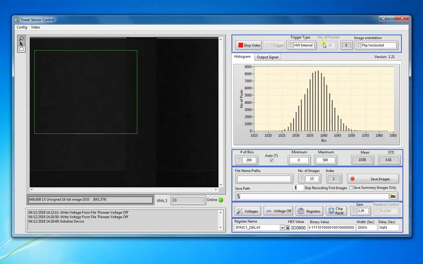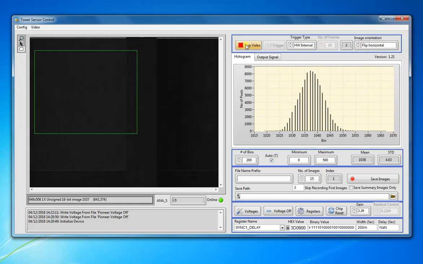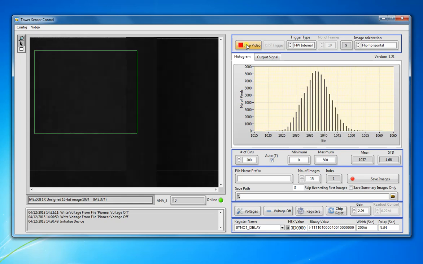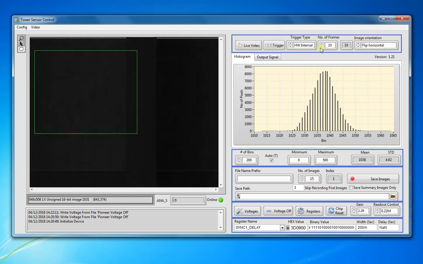For that purpose I also need to, let's stop the video for a minute, set here the number of frames that I'm grabbing from the chip. They need to match this figure here. If I want 15 images, I also need to make sure that I'm grabbing 15 frames from the chip. Also need to set up the hardware external here. And now let's see where we can store the images.